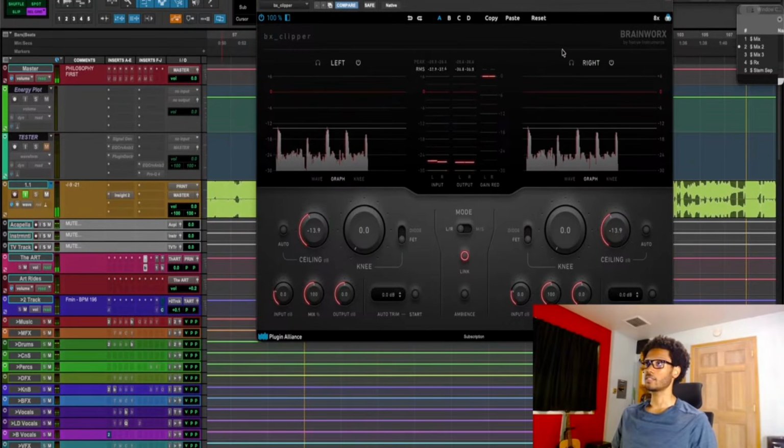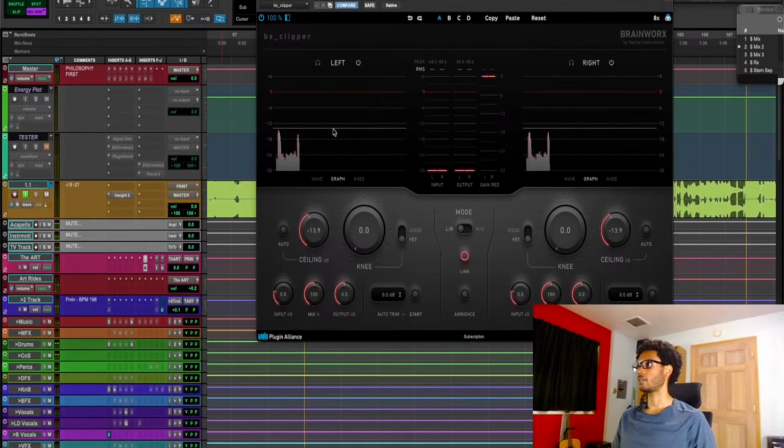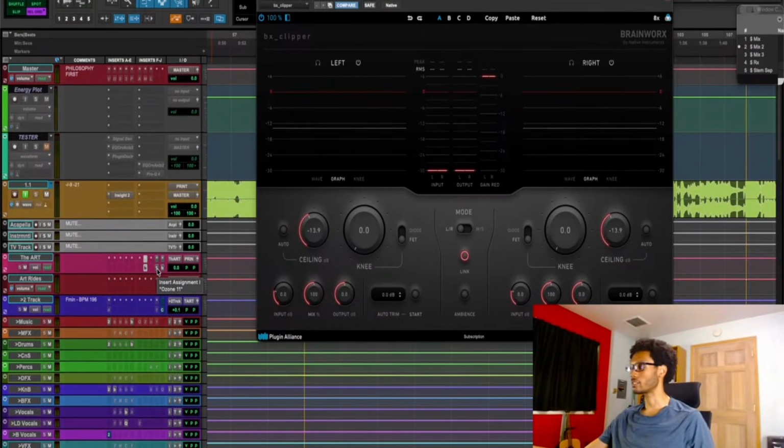11 LUFS. This is a situation where I probably could have just put that on the kick and the bass or something, but I just did it on the whole record for some reason. But it's not doing a lot. It's just chopping off peaks. But I still wanted to make sure that if I chop off these peaks, we still maintain that punch. Because I don't want to chop off so much just for loudness sake that the feeling and the emotion of the record is now gone.